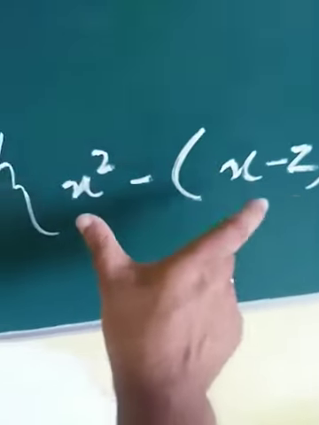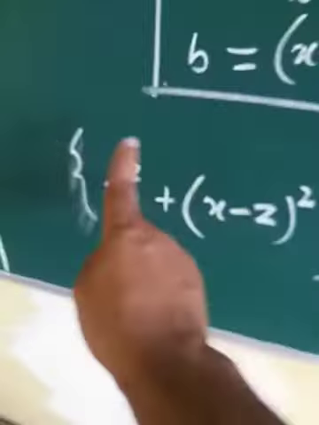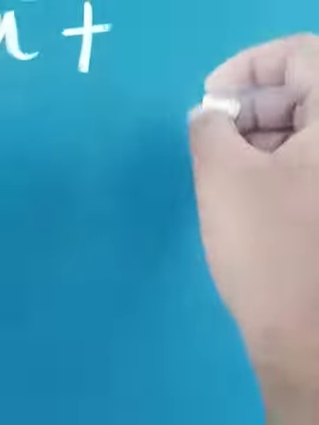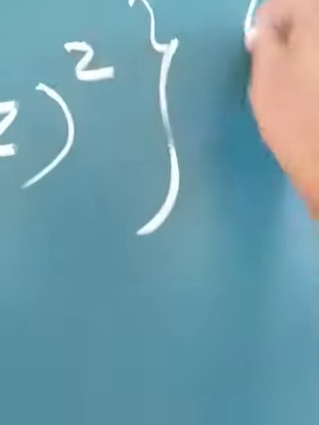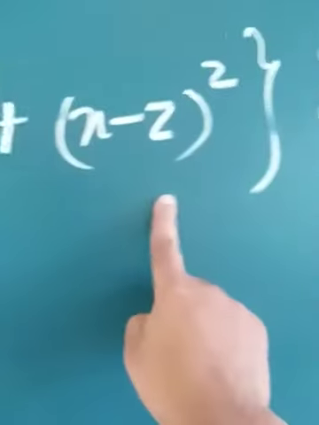Now in sum number 3, what we did was split this a square minus b square again. We expanded one part, but we kept the other part intact. We'll do the same thing with sum number 4 also. So let me write it here: x square plus (x minus z) whole square. This is the a plus b format. We'll expand the second part, that is x square minus (x minus z) whole square. Now this is a plus b and this is a minus b.